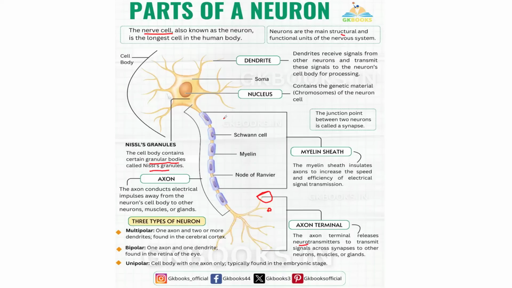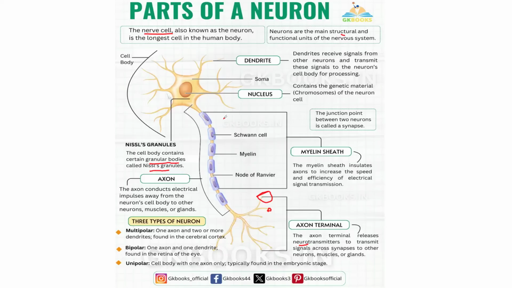So each and every activity that takes place in the nervous system is controlled by the neurons. And the longest cell in the human body is the nerve cell. So you should get this. And then the neuron is made up of different components: dendrites, axon, and the cell body. The cell body contains the nucleus, and the nucleus is the organelle that controls all the activities of the neuron. And then in addition, there are 3 types of neuron based on the number of